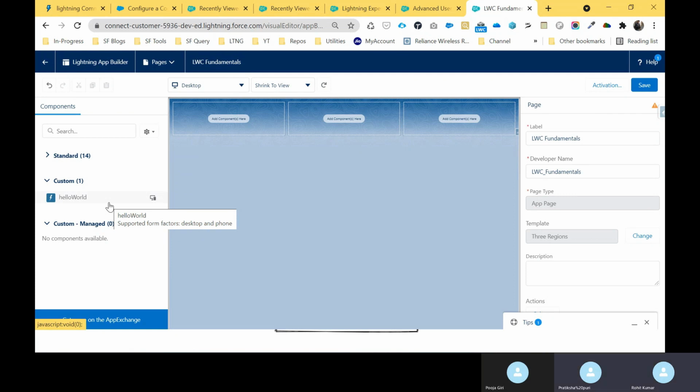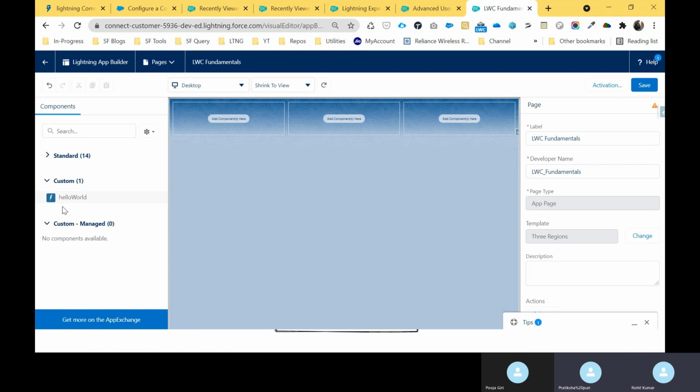Can we change this name? We cannot change it, but we can override it with the help of some tags. Why can we not change the name? Because it's not meaningful and user friendly. Like I have one employee component, so that is good, an employee component for employee.